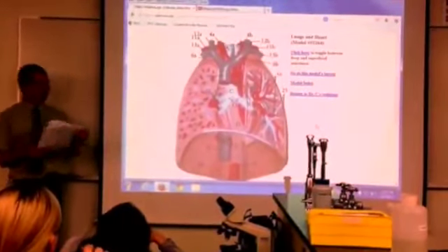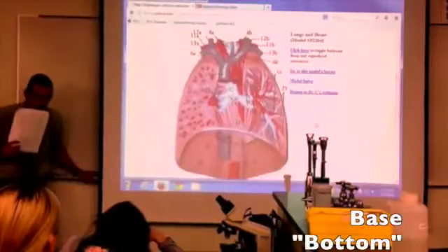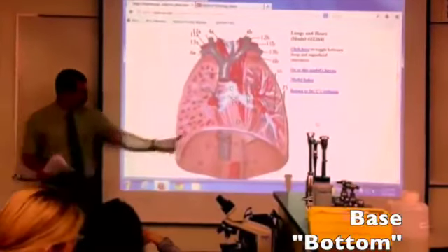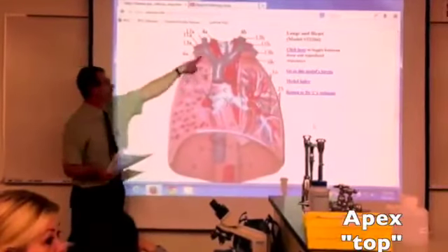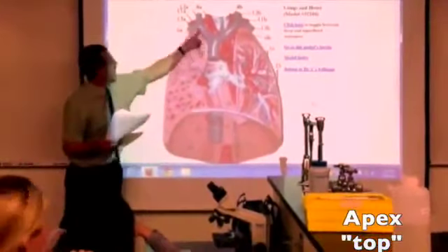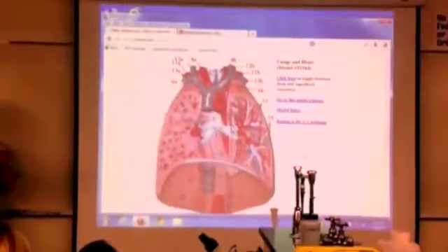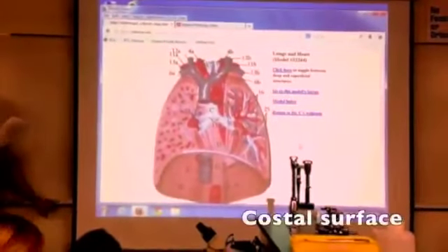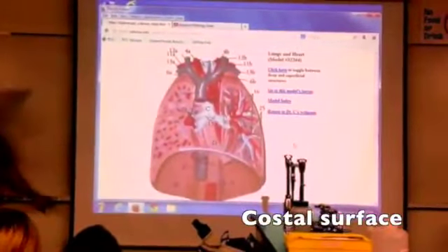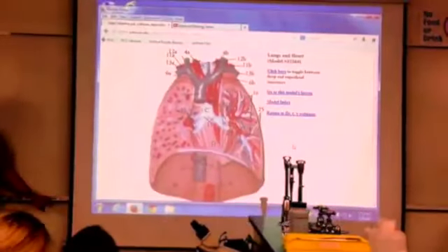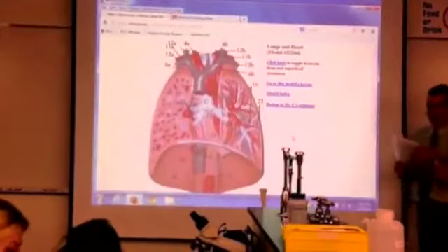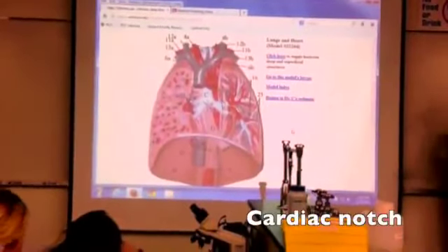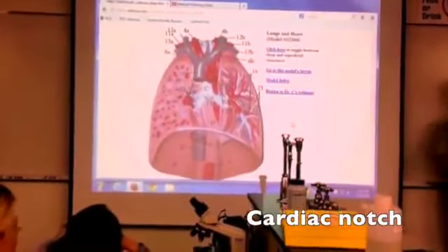So where's the base of your lung? Concave bottom. Listen to you, concave bottom. Where's the apex? I just read it. He just read it. Don't ruin the lie. Come on. Right. Apex is the top, like you expect. Okay, costal surface. Show me where it is. Anything touching the ribs. Anything touching your ribs. So in English, it's the outside of your lungs, the part that'd be on the rib side or lateral side. Okay, cardiac notch. Is it on there? Wait, Mr. Christie. Yes. With the intercostal